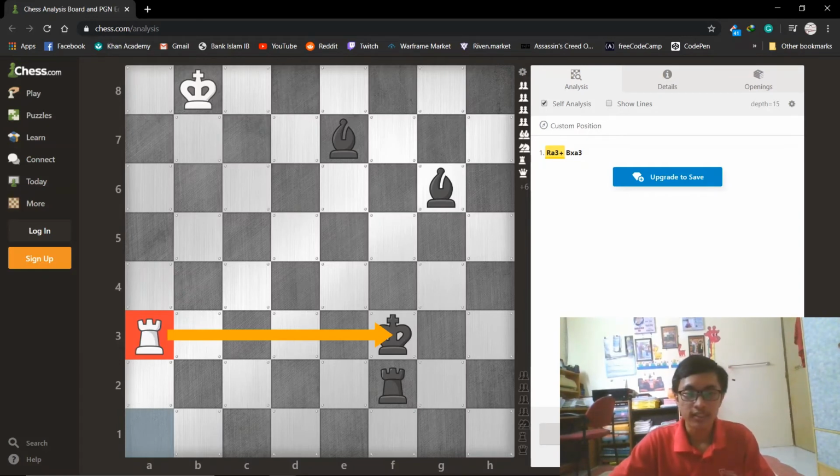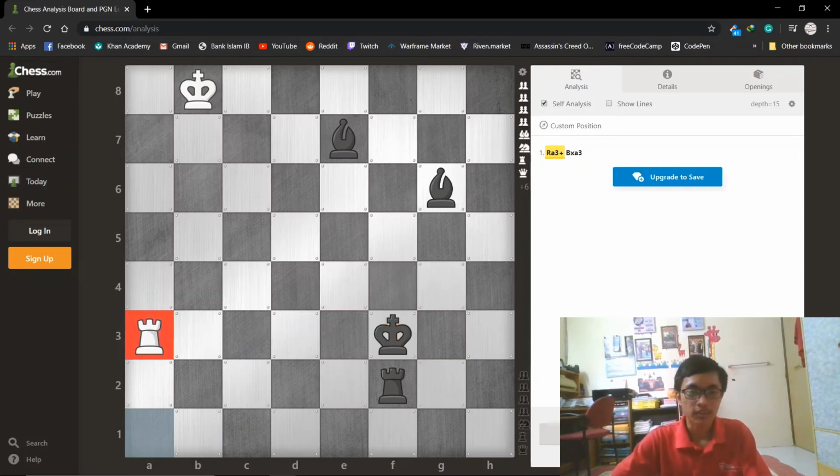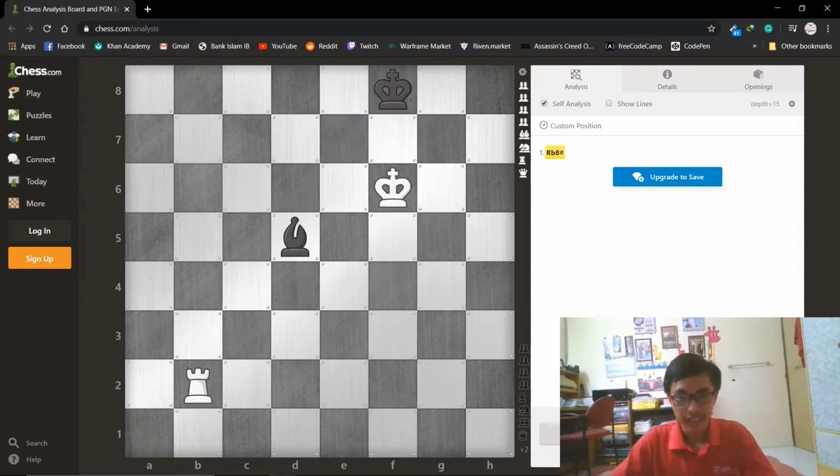So in this case, the king can move to this square. This is one of the many safe squares. These are all the other safe squares the king can move to, all here. Or next, you can block the check by placing a piece in the middle of the checking piece and the king. And lastly, you can also capture the checking piece. So for the next example,